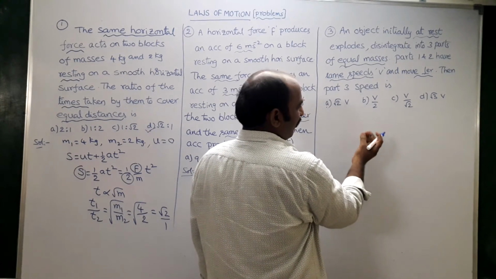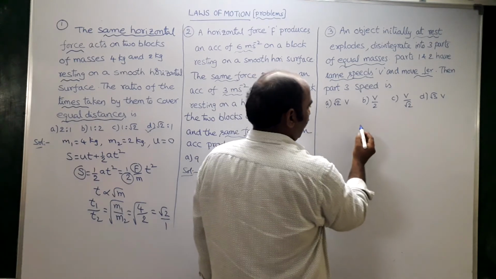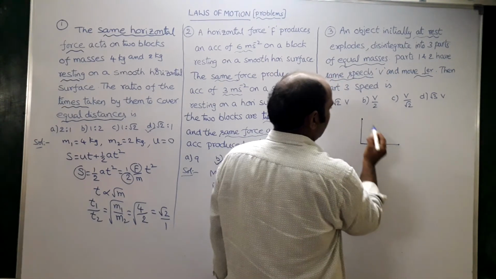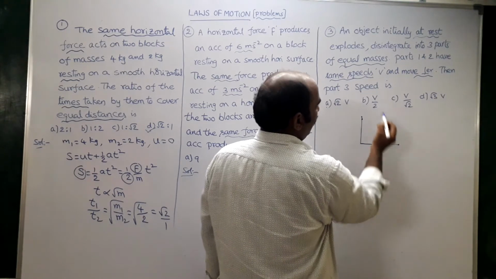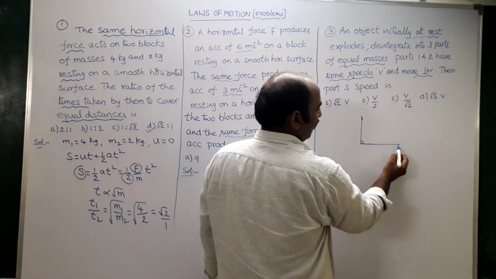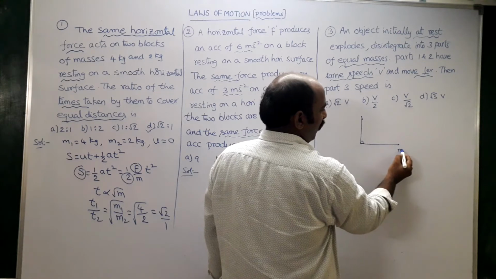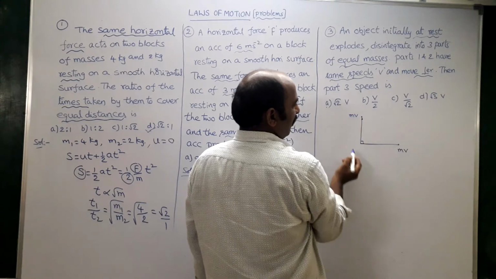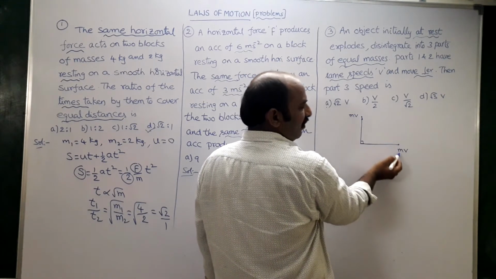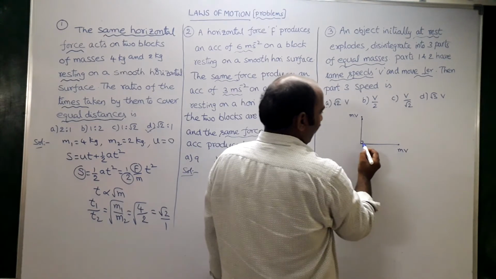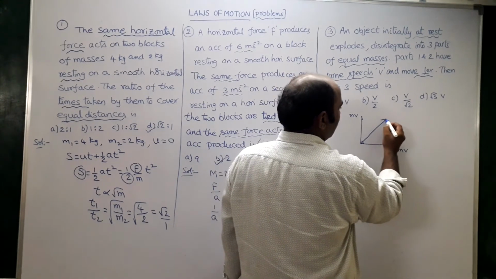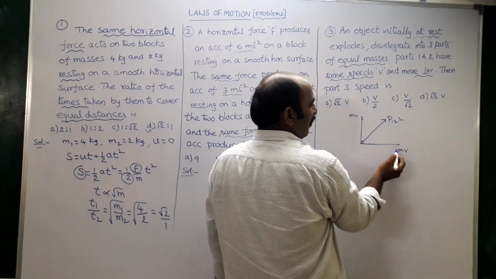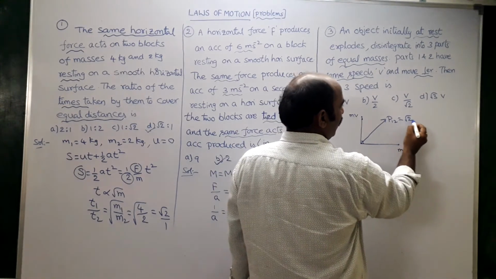After explosion, the total momentum remains constant, in which three parts are there, in which two parts have same mass and move same speeds in perpendicular direction. So this is the first part. Momentum is mv, consider. Second one is also momentum mv, because their masses become equal, speed also equal and perpendicular with each other. Now the resultant of these two parts is in this direction, that is P12 is equal root of mv whole square plus mv whole square. We get finally root 2 into mv.